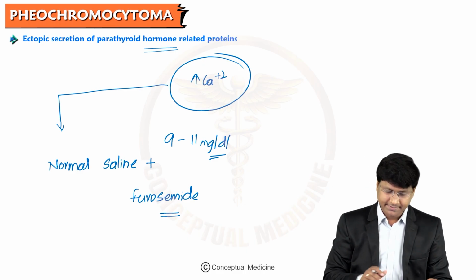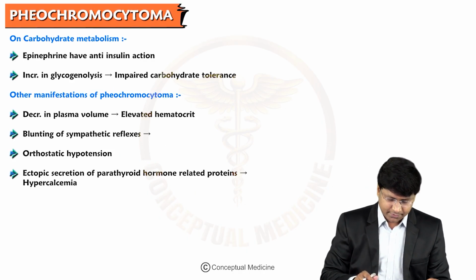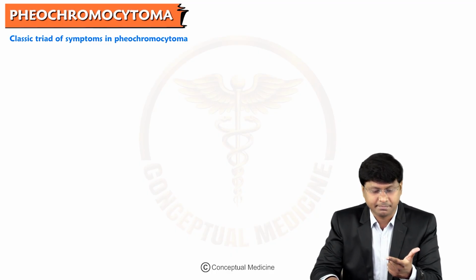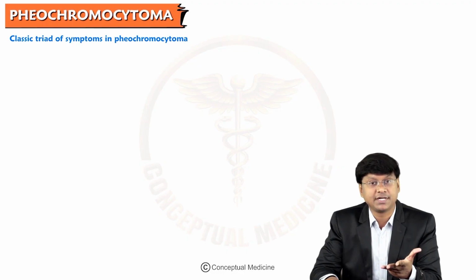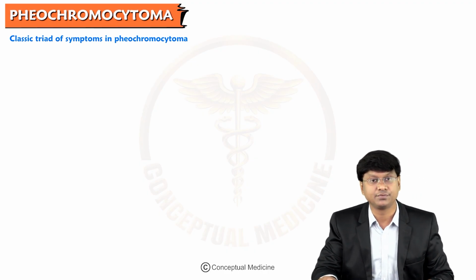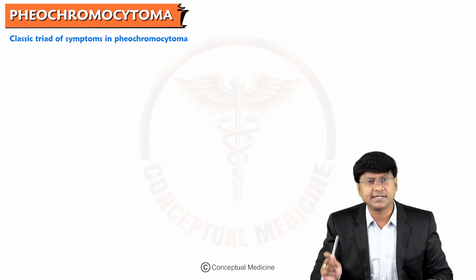Right. Now, after having discussed the cardiovascular manifestations, basal metabolic rate, orthostatic hypotension, action on the carbohydrates, and hypercalcemia, let me discuss what exactly is the classical triad of symptoms in pheochromocytoma. The classical triad of symptoms in pheochromocytoma includes